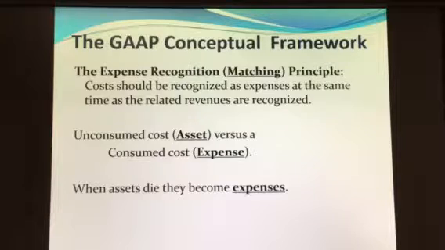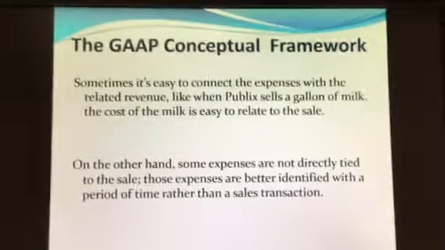So generally what we do is we will identify those costs with a particular period rather than a particular transaction or product. And that yields, when you have cost accounting, or even managerial accounting, that we have to distinguish between what are called product costs, that is, those that are tied to a particular item that we can sell, so we can tie that cost of goods sold to revenue, versus period costs, those that can't really be tied to a particular product or event, and we just have to expense those in a particular period.